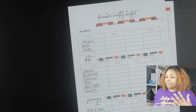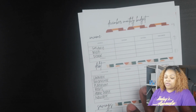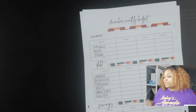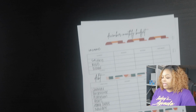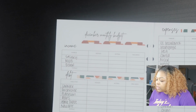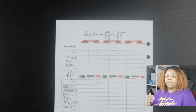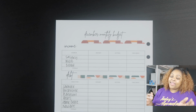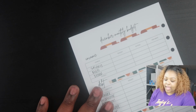What do you have to work with? So I have 3 spaces here. I have salary, MGB, and other. So my salary, I like to gross up my salary because I do have some pre-tax deductions that come out, but I still want to be able to account for those payments, like those deductions, accurately and in real time. The way that I can do that is by adding it to my salary and then washing it out in expenses. So in my salary, I have